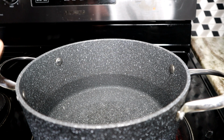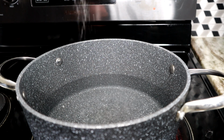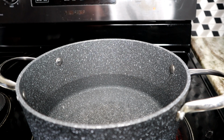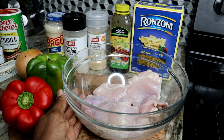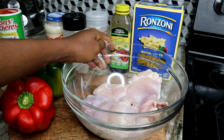Okay guys, I have the pasta water on the stove. We're going to add a few dashes of the salt in there. Then we're going to cover it, let it come to a boil. Just like that. Okay guys, while the pasta water is getting ready to boil, I am going to start by